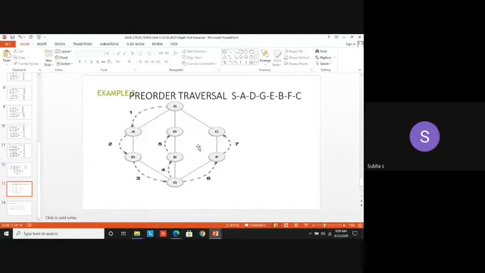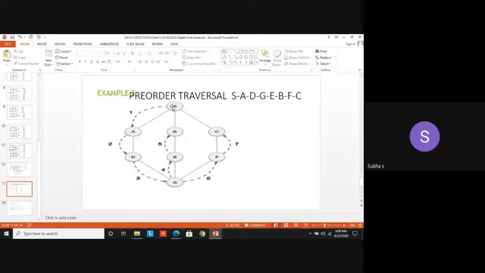8 vertices are there. Yes, A, B, C, D, E, F, and then G. Yes, it's given as source vertex. You can give any name. Nodes can also be numbered 1, 2, 3, 4, 5, or 100, 101, 130, like that. Any node, that is the vertex, can be either numbered or it can be given in alphabets. So you are starting from S.